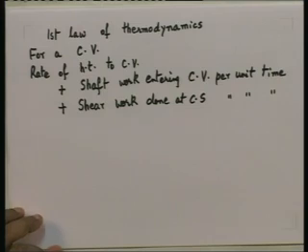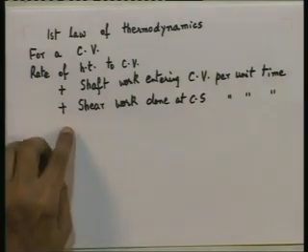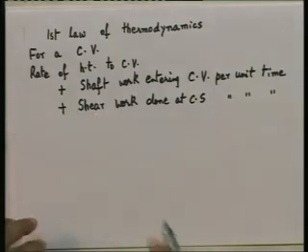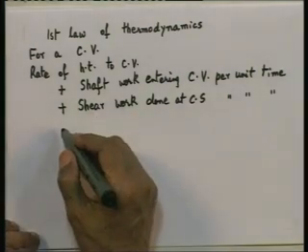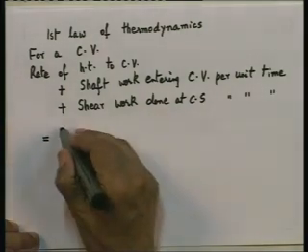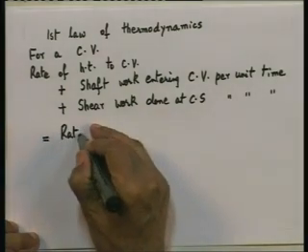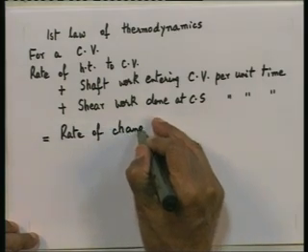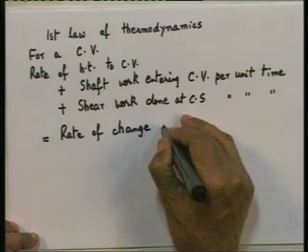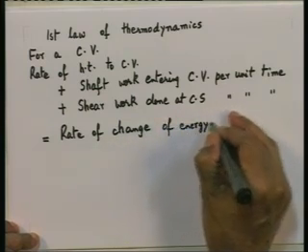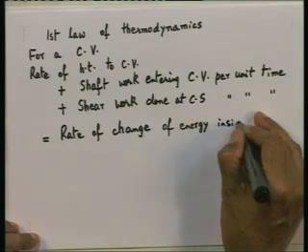Plus you will say the pressure work, but instead of writing the pressure work here, I am going to take it to the other side of the equation and I will tell you where I will put it in a moment later, is equal to the rate of change of energy inside the control volume